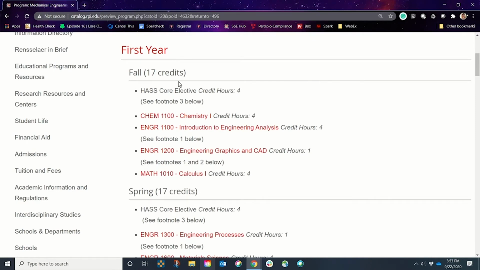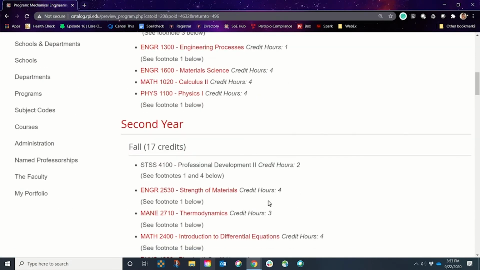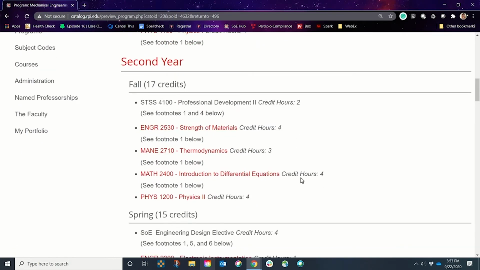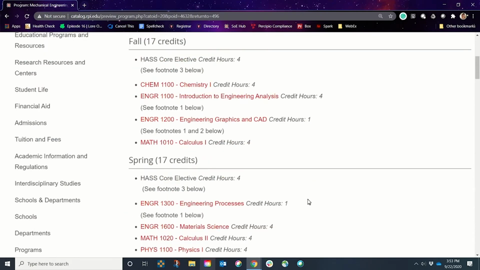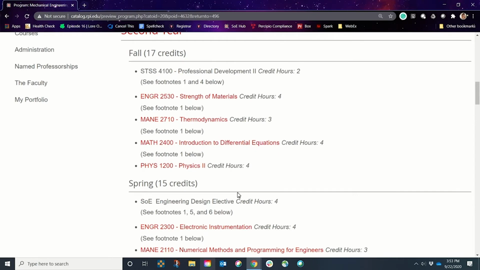Most engineering majors are taking these classes right now. Haas Core, Chemistry, IEA, CAD, Calc 1, and of course in the spring, if you're not taking it in the fall, you'll have another Haas course, Engineering Processes, Physics 1, Calc 1, of course, and our mechanical students have to take Materials Science. What is awesome about this is not only does it line up with your major template, so you will see the same classes in the same spots, but also if you come onto the college catalog and